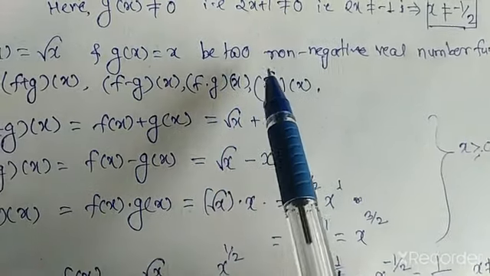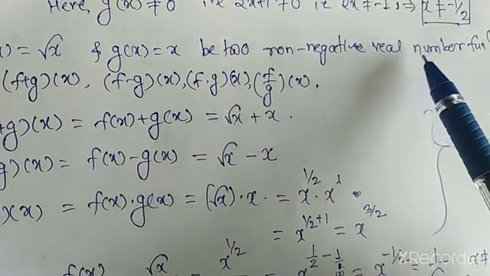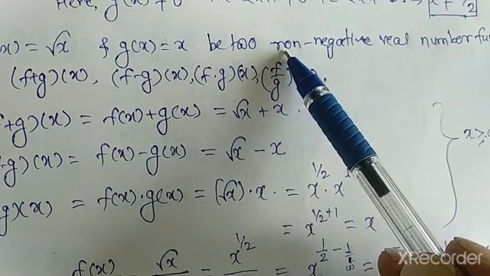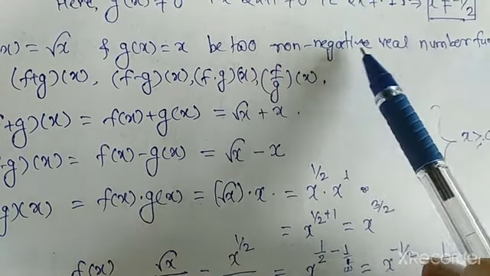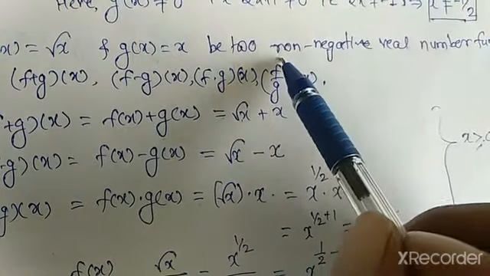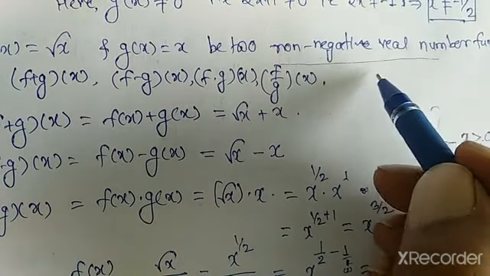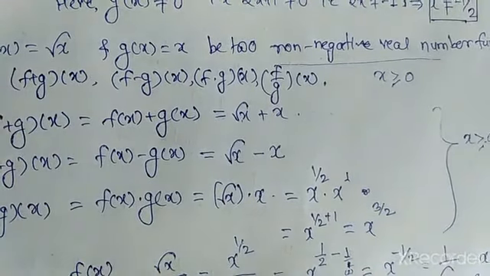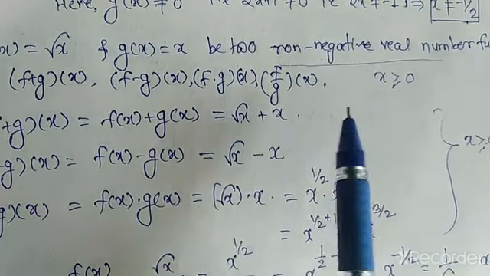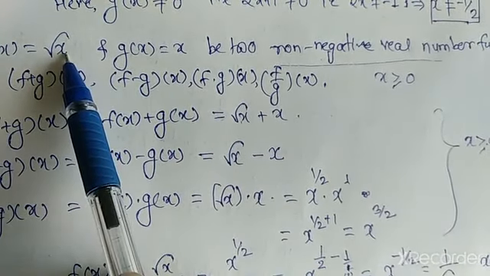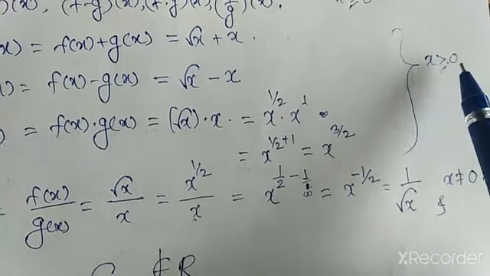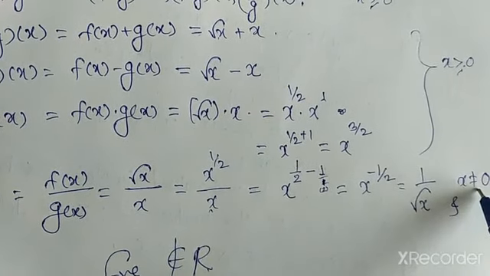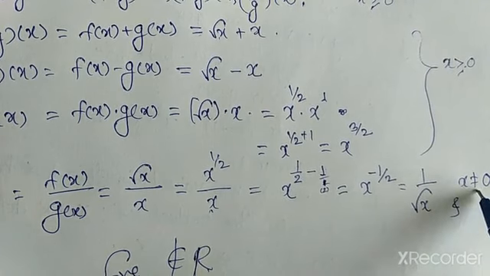So in this question, when functions are given in root format, we have to check the conditions that are given. Here it is root x, and we have the given condition of non-negative real numbers, which means we have to consider x greater than or equal to 0. For x equal to 0 it will not give any problem to us. For negative it will be complex, so in each case x will be greater than or equal to 0, and for this quotient function, x is not equal to 0.